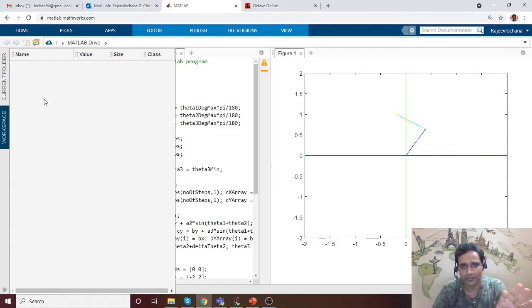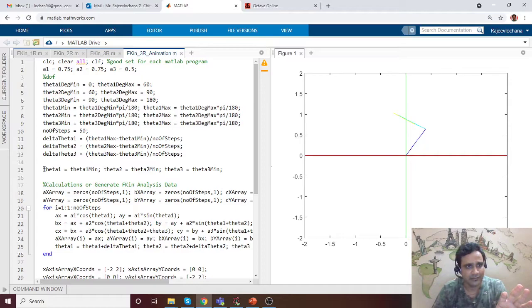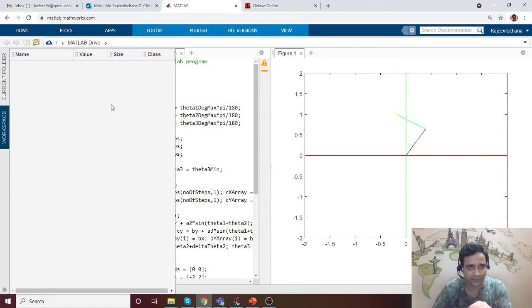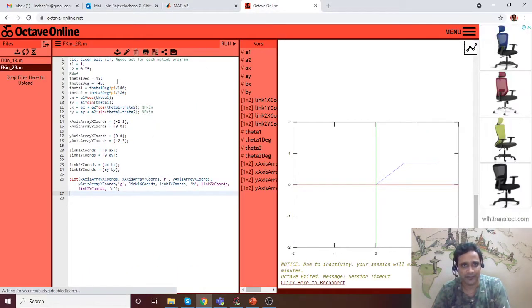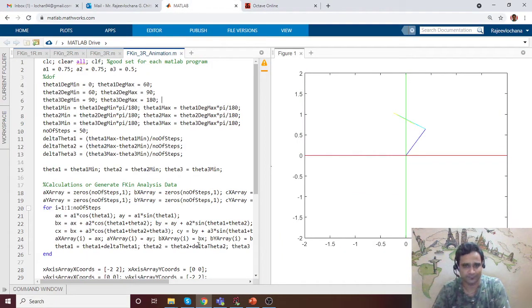Those variables, whatever AX array, AY array, or CX array, CY array, you will be able to export that data. And similarly, you can export similar data in RoboAnalyzer and you can verify. Yeah, for some reason it is not shown here. Same thing can also be done in Octave. You can copy and paste the code here and the animation looks more or less the same.